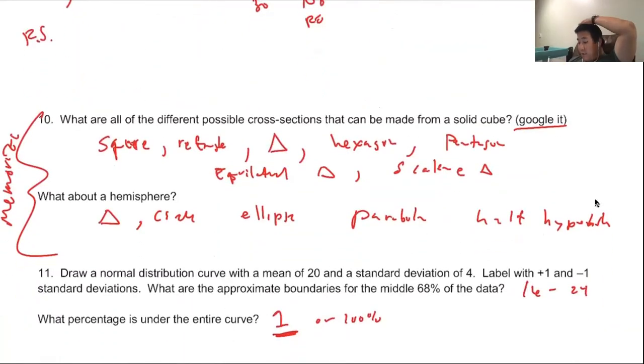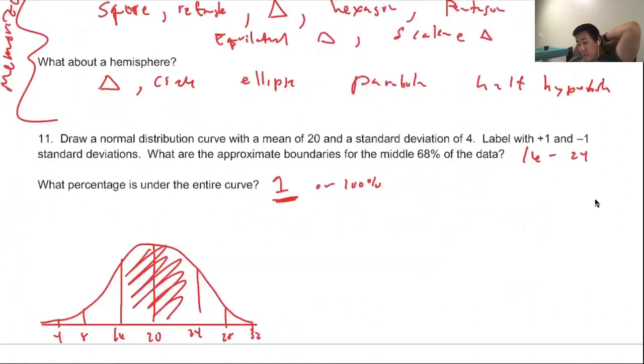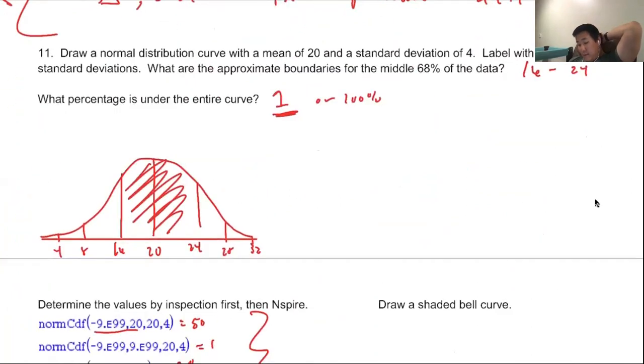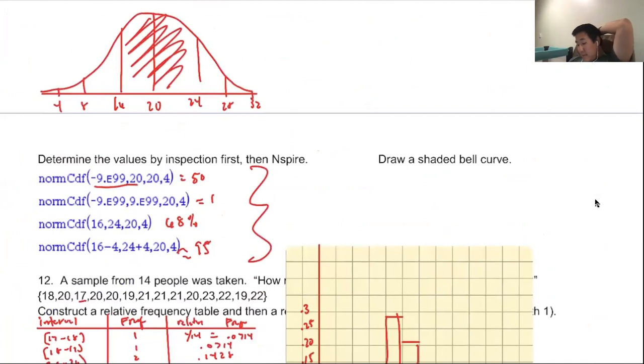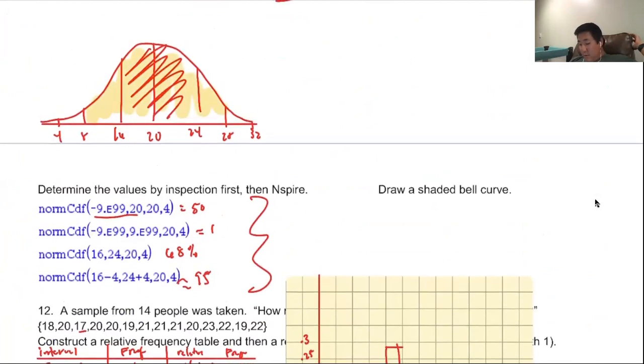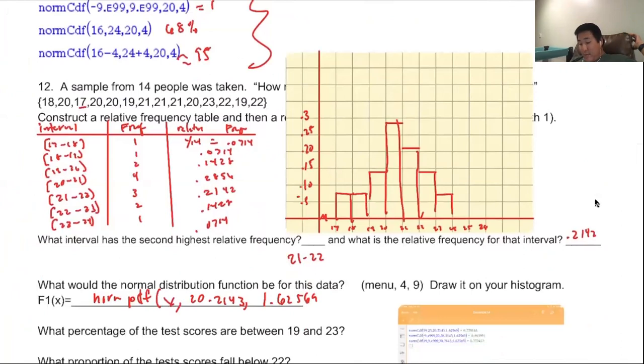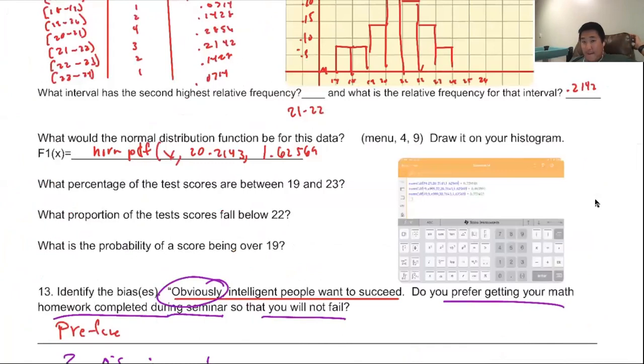Different shapes, you can Google it, but these are the different ones. Normal distribution right here. By looking at this, it's 68, 95, because that's just the rules. 95 is 2 standard deviations above or below. You made this interval. The brackets mean inclusive, and these mean exclusive. So here's our frequency, here's our values, made the table, and then